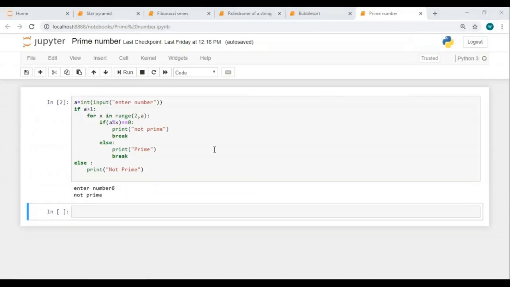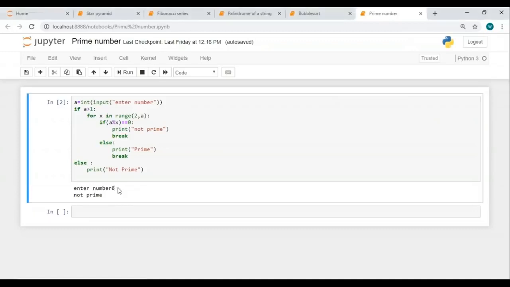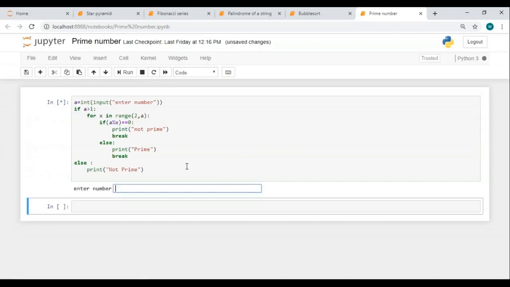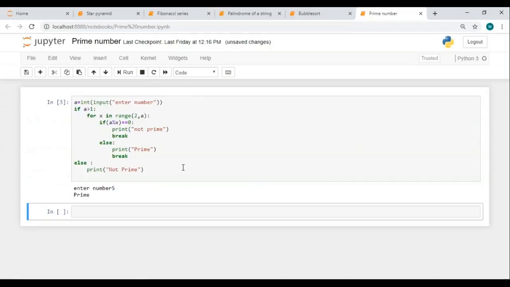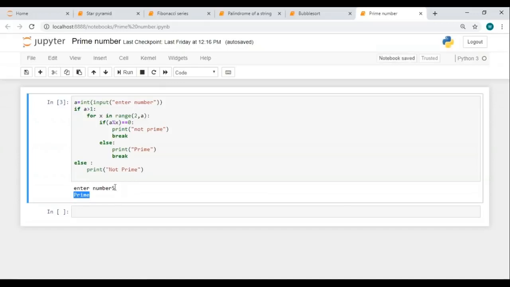So as we all know, when I give the input as 8, we all know that 8 is not a prime number, and hence I have the output that it is not prime. So I hope you're understanding how this works. Okay, let me give some other input and see how it happens. I'll give some number which I know is prime, say for example 5, and I'll run this. Okay, so when I gave the input to be 5, the output that is returned is prime, which means the number 5 is prime. So I hope you all have understood how to write a prime number program in Python.